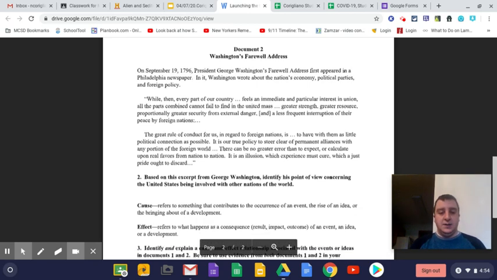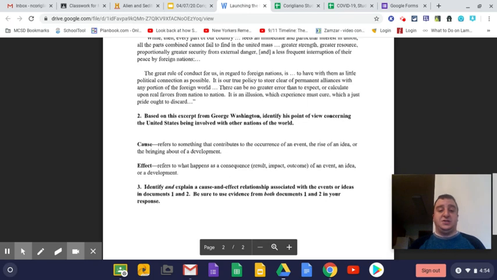All right, guys. So the last question. Now, the last question says, identify and explain a cause and effect relationship associated with the events or ideas in documents 1 and 2. Be sure to use evidence from both documents 1 and 2 in your response. So a cause refers to something that contributes to the occurrence of an event, the rise of an idea, or the bringing about of a development. And the effect refers to what happens as a consequence or a result, impact, or outcome of an event, an